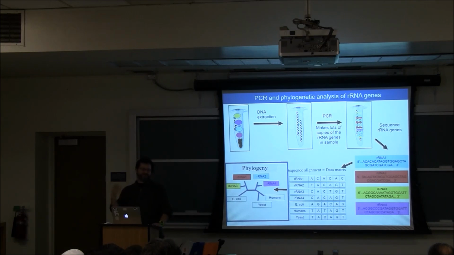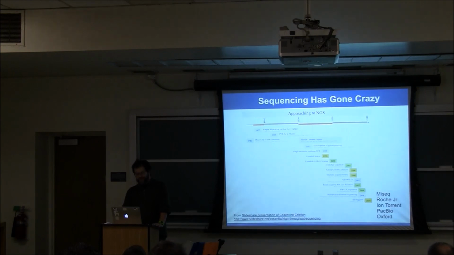So the field has been dominated by people doing ribosomal RNA PCR because the primers work really, really well, and they just don't work well for even highly conserved protein coding genes across the diversity of life. And so I've spent a lot of time now using ribosomal RNA PCR in my environmental studies, like many other microbial ecologists, and the main reason that many of us are still doing lots of ribosomal RNA PCR and sequencing is that sequencing now has gone crazy.